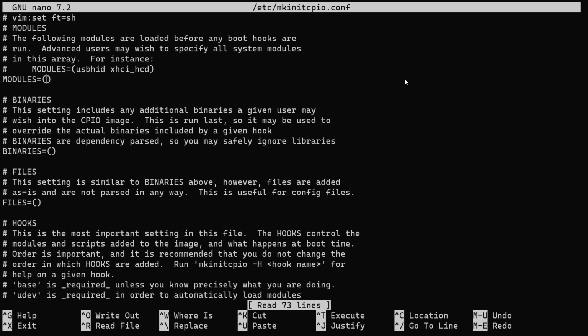Okay. So nvidia, nvidia_modeset, then nvidia_uvm, and then nvidia_drm with spaces. Okay, and then Control X,